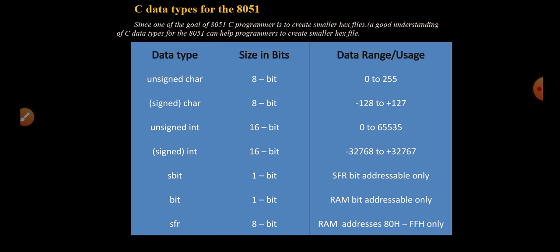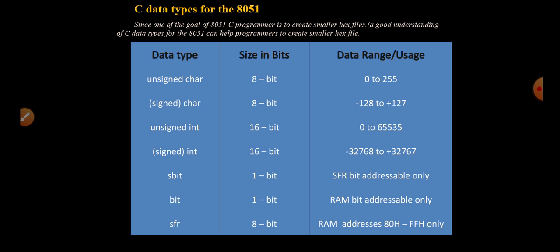So the signed integer is a 16-bit data type that uses the MSB bit. If you take the 16-bit number from D0 to D15, then D15 is used to represent the sign of a number, whether the number is positive or negative, and the remaining 15 bits are used to represent the magnitude between the range from -32,768 to